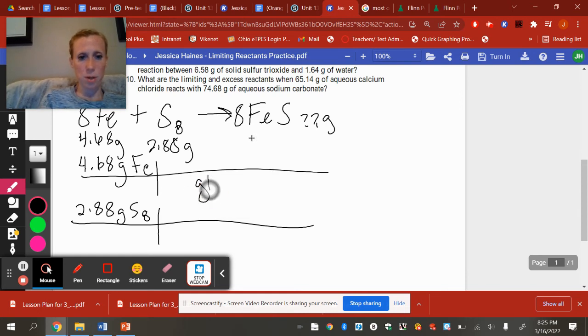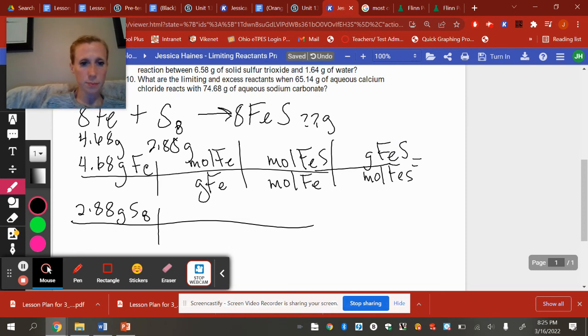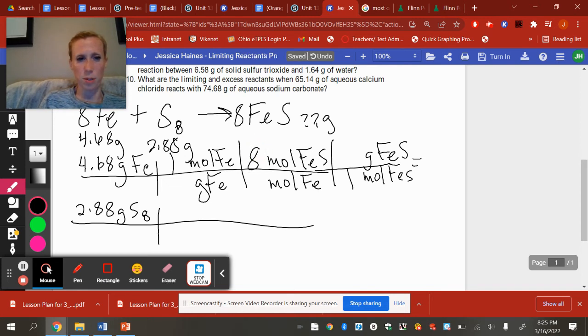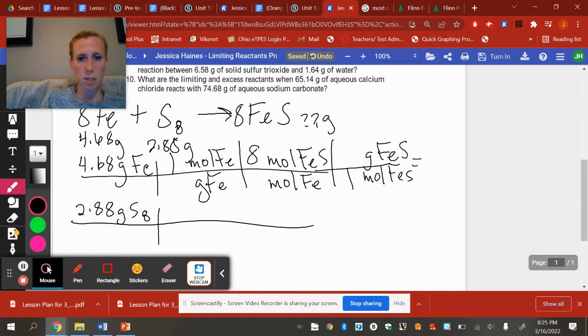Okay, so grams of Fe to moles of Fe. Moles of Fe to moles of whatever else we want, which is our FeS. And moles of FeS to grams of FeS. Okay, so 1 and 1. I'm going to go fast through this because I did this before. If you need more. Oh, no, that's not right. Oh, yes, it is. 8 with this, 8 with the iron. So again, I'm just going to reduce that down to 1 and 1. Less typing. Iron, I feel like, is 55.88,